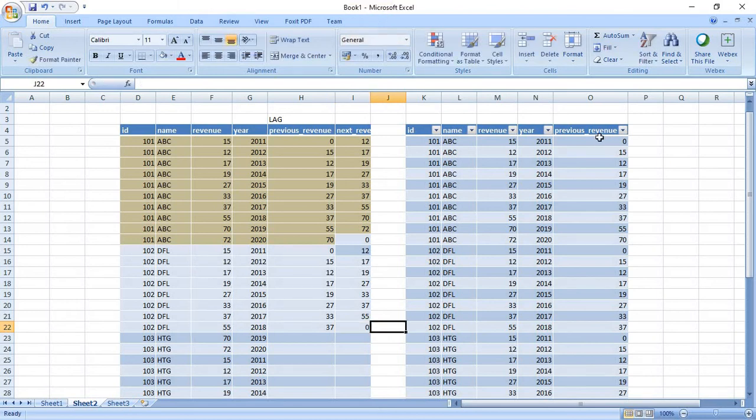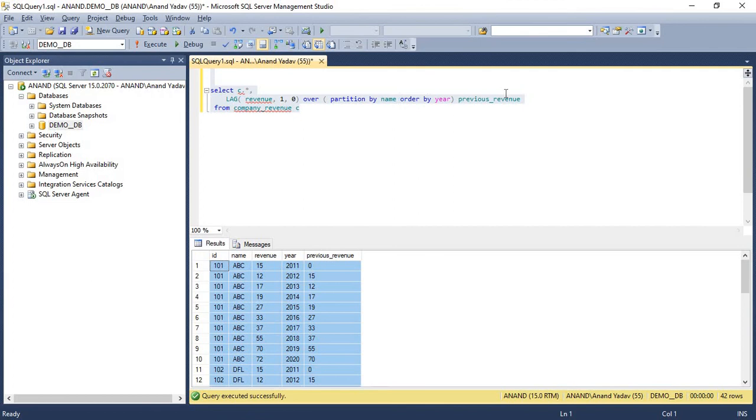will be 0. This kind of thing we wanted to obtain, and we can do that with the help of this lead query, with the help of this lead function. So let's see. We'll use the same SQL query, so I just expand this. Now,